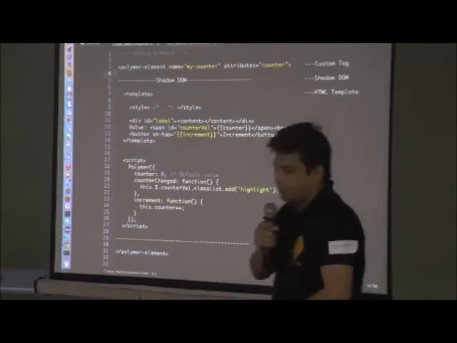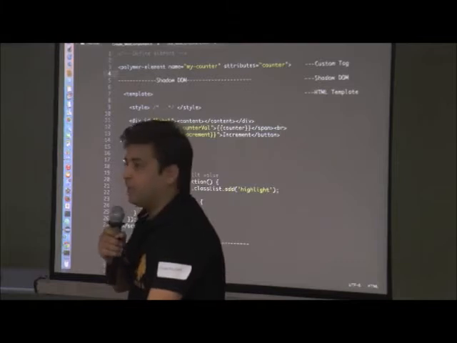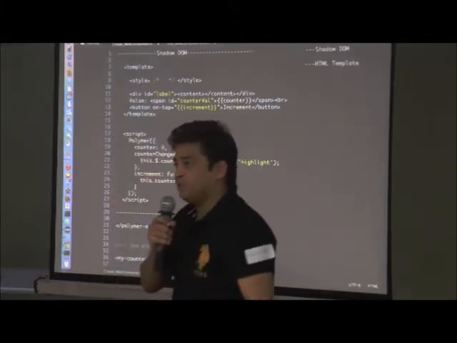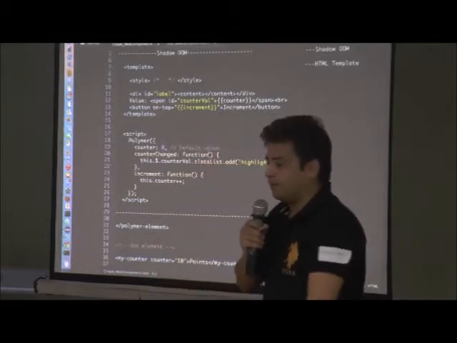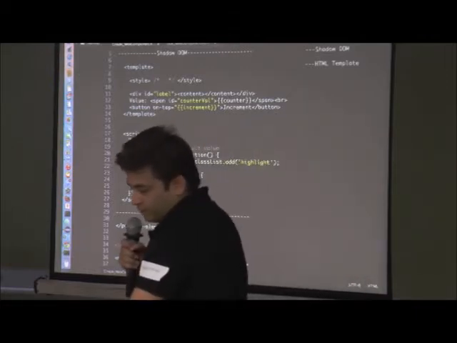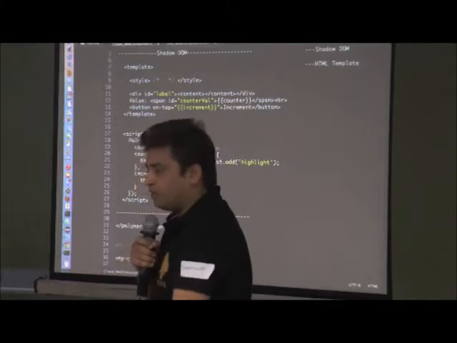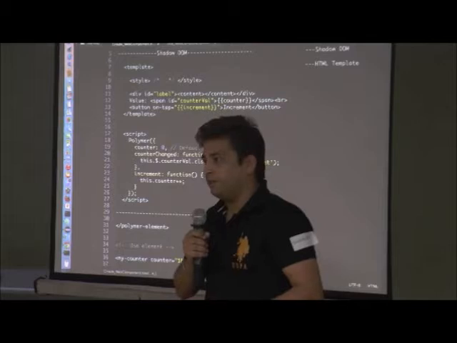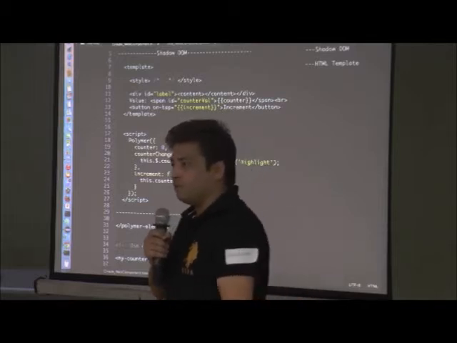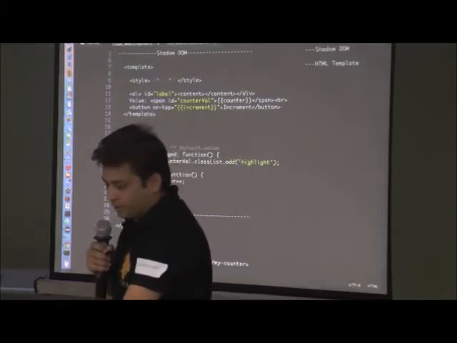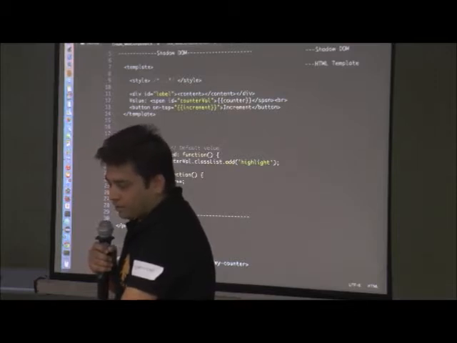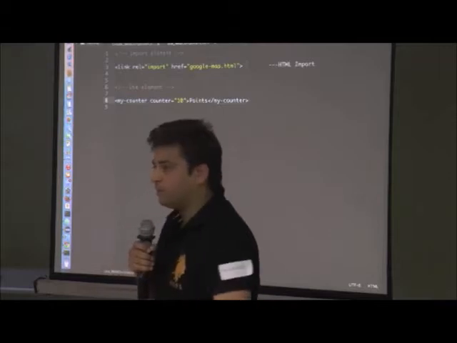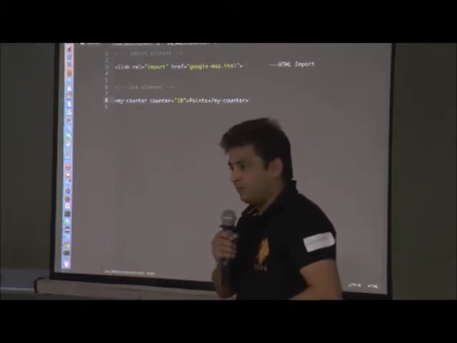So the other one is how do we use it? This is only the class definition that I showed you guys, right? If you're working on the same HTML file, you can simply write this statement, component name and the value of the attribute, and then start using this component. But in case you have defined a component in a separate HTML file, you want to import that component first and then use it in the HTML file, right? So this is how you do it. You have to use this statement to import that specific component in your HTML file, and then you can use it.